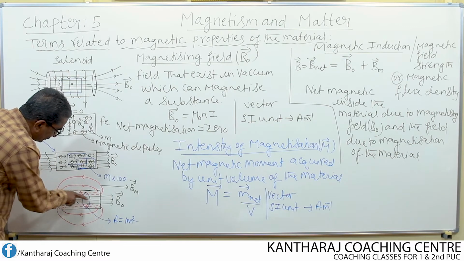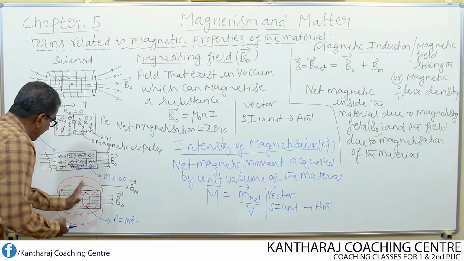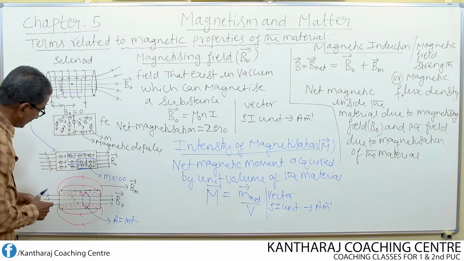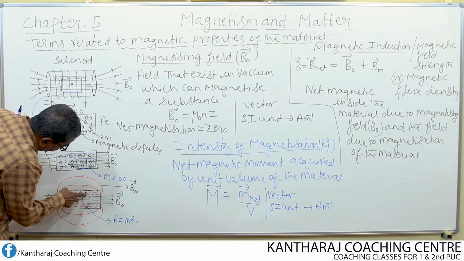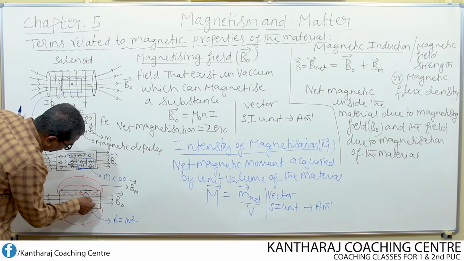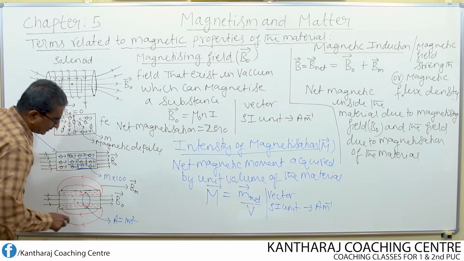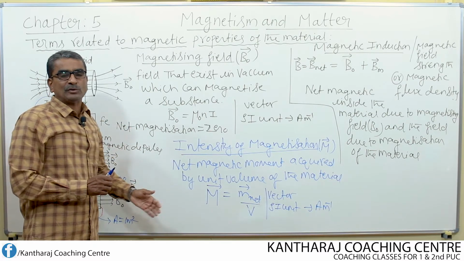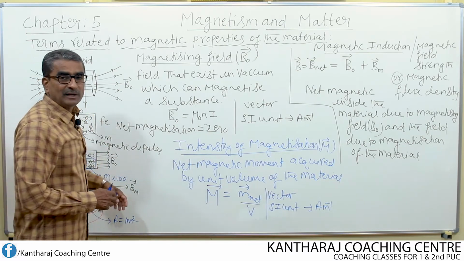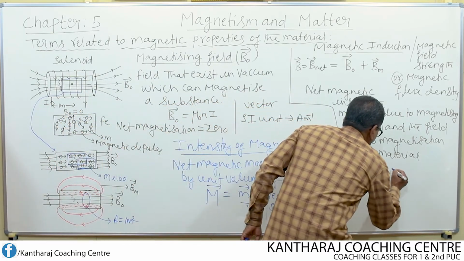Now as an example, you count the number of lines of force passing through this unit area normally, perpendicularly. Suppose if the area is like this, the magnetic field line should pass perpendicular to what? Perpendicular to that area. So as an example, 1, 2, 3, 4, 5, 6 lines. This line is out of this boundary, that means out of this area. So I take into consideration only 1, 2, 3, 4, 5, 6 lines. 6 lines of force are passing through that area perpendicularly. So the total number of lines of force passing through that area normally or perpendicularly is also known as magnetic induction. So let us write one figure like this.